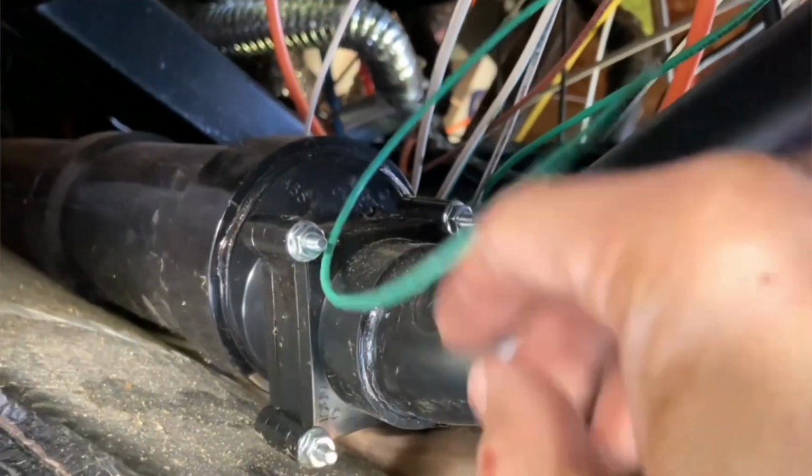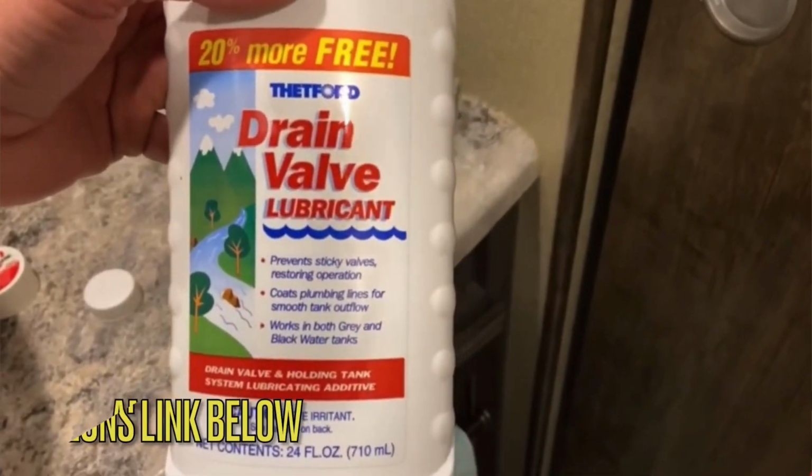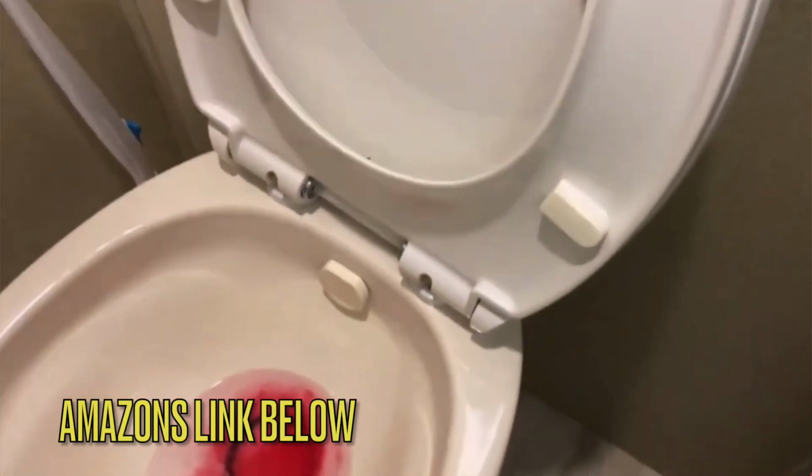One thing you guys can do to try to keep these gate valves lubed up, I use Thetford's drain valve lube. I've been using this for years. It's getting a little bit harder to find on Amazon, but I will have links below to this. And when you go to flush your black tank before you put your chemicals and stuff in, go ahead and dump some of this drain valve lube down into your black tank and your gray tanks. Make sure the handle is closed,